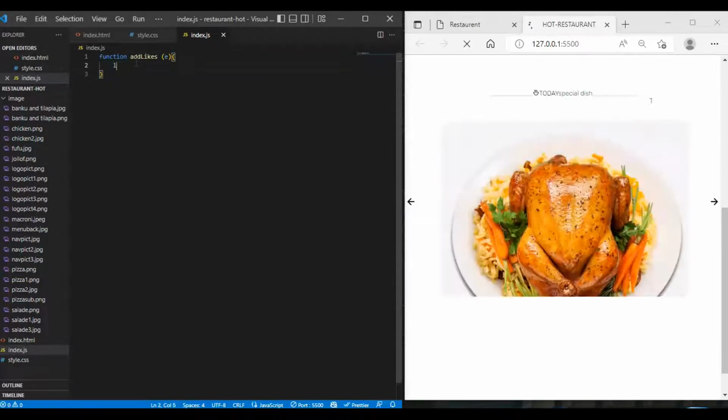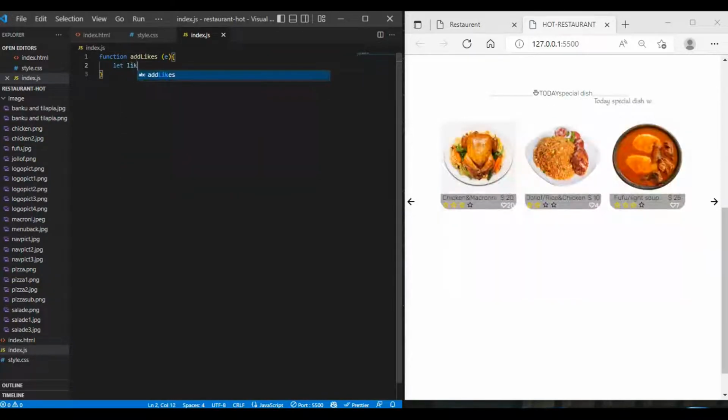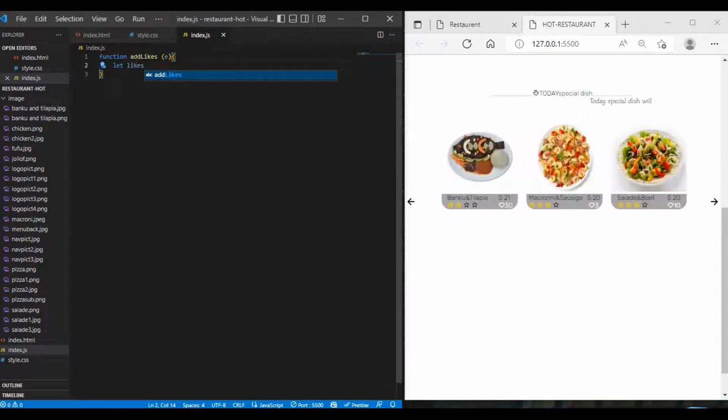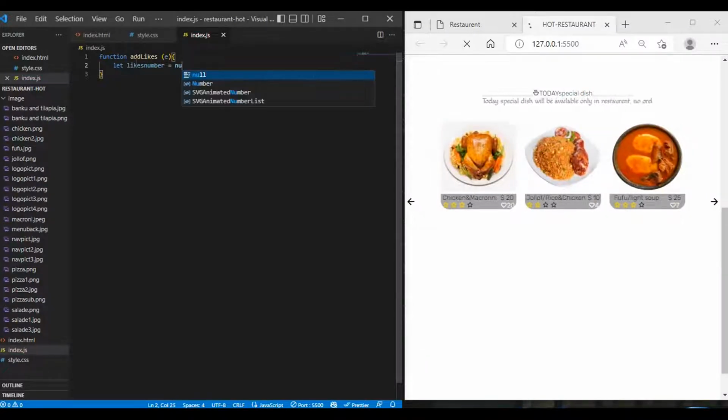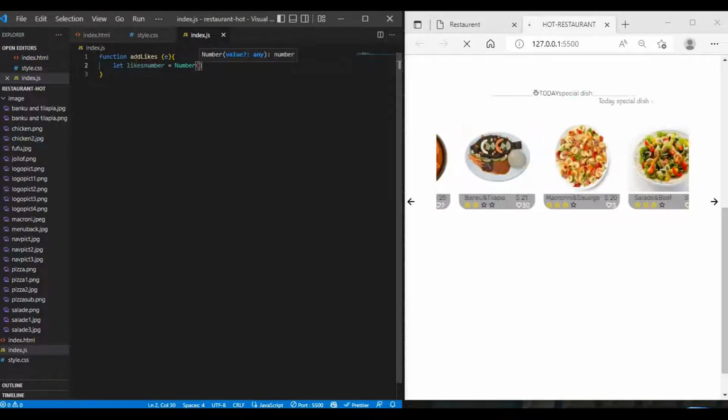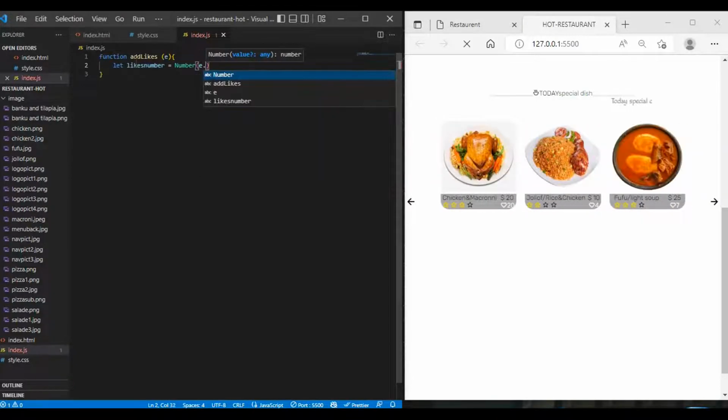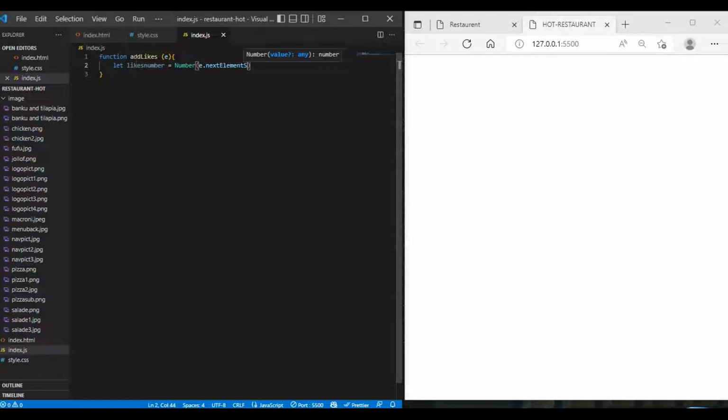Inside the function we give a variable, like number, equal to Number, parentheses, event dot nextElementSibling,